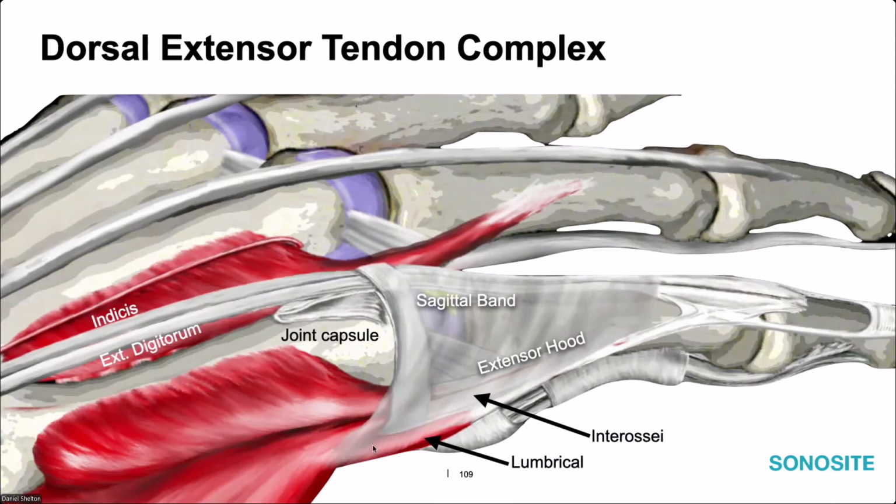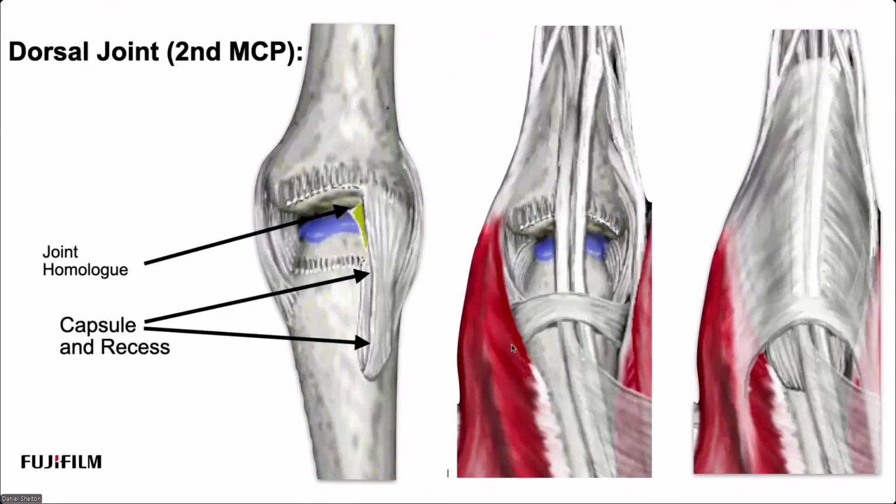We can also see these other contributing structures to the dorsal extensor hood complex, which is this connective tissue umbrella that sets off to the sides of the joint, mostly at first, and then it contributes fibers up and across this entire extensor mechanism. Dorsal aspect of the joint here, we've got it dissected where we can see collaterals away from kind of a window into the joint. We can see that homologue and the joint capsule folding back proximally and redundantly.